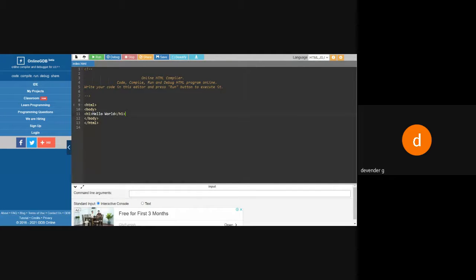So the table is a collection of rows and columns. How am I going to create this collection of rows and columns? The intersection of a row and a column is called a cell. Each cell we are going to create, and in that cell we are going to put the data. If you see the code, it will be a very lengthy code, but if you understand the concept, there is nothing inside. So let's see how we're going to do that.